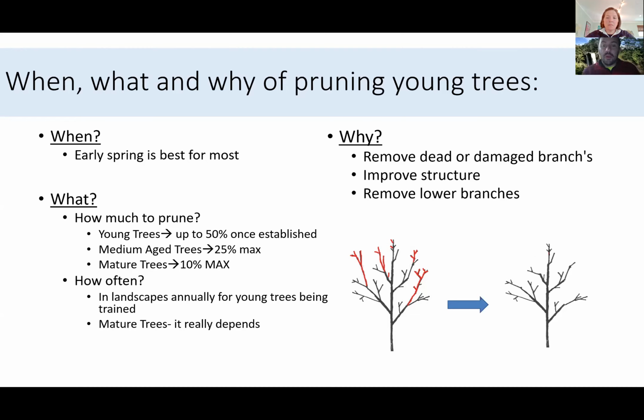So with mature trees, it's really tricky. If it's a mature tree with good structure and good health, it probably just doesn't need to be pruned. Very, very infrequently, at least, just to remove dead wood. If it's a mature tree that's in good health but has a lot of structural issues, you might want to have it pruned fairly regularly every few years just to mitigate any of the structural issues. You probably won't correct them on a mature tree, but you can mitigate them.